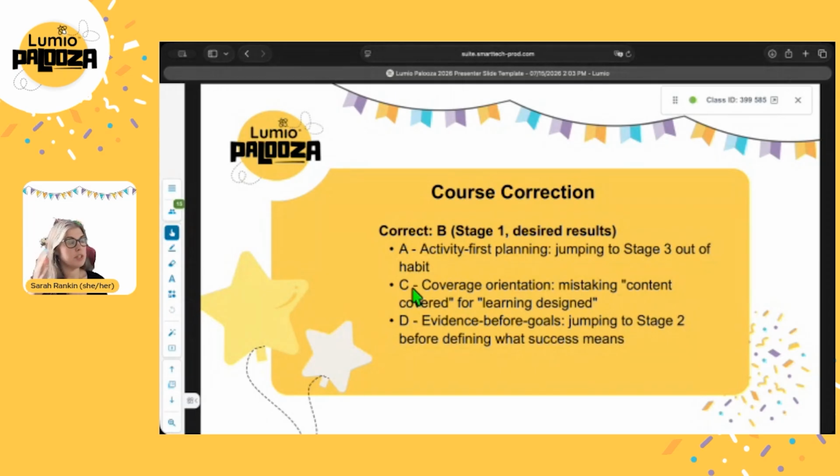to stage 2, that they didn't get to the goal first, they went straight to the assessment piece, which as teachers, depending upon what context you're working in, that might be the thing that you have been trained to do. Well, I have to develop the assessment first. But if you haven't been trained to think about the learning goal first,